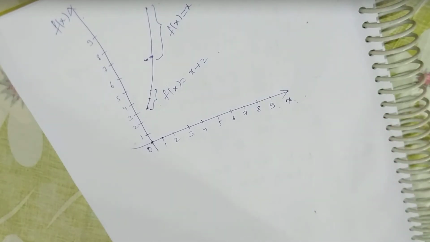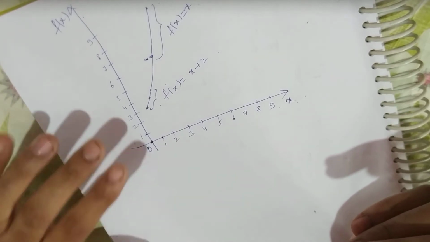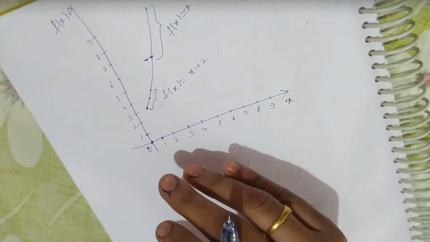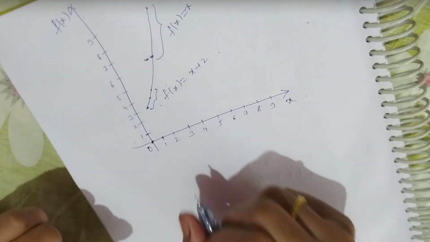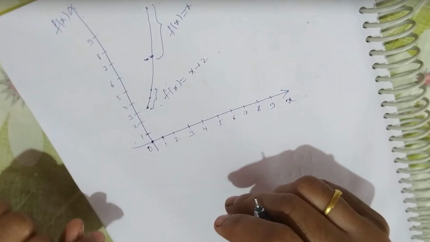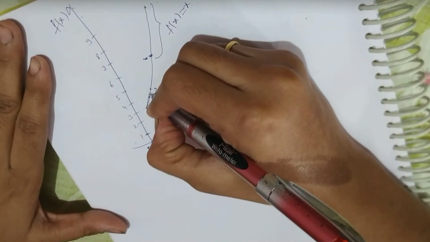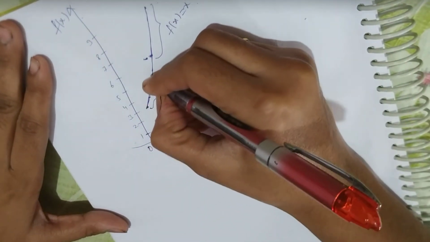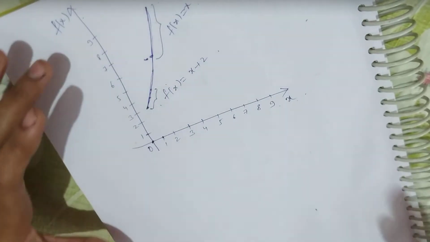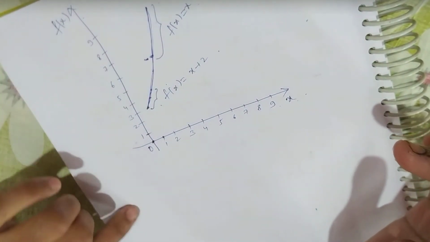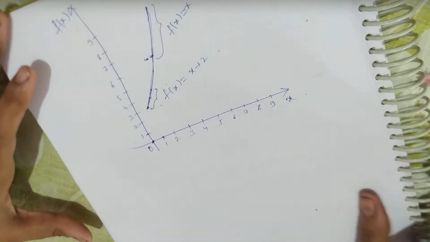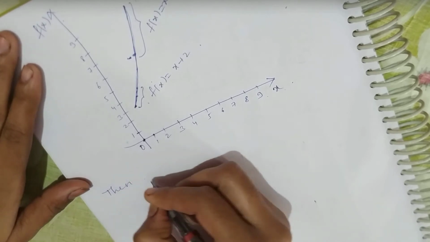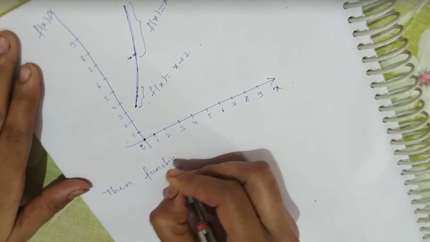Now, I discuss the continuity of the function, whether this function is continuous or not. I told you if the graph is drawn without a gap or a breakdown, then the function is called continuous. In this graph, we have seen there is no jump, hole, breakdown or gap. Therefore, this graph is a continuous function. This graph is continuous for the function f of x equal to x plus 2 and x square. Then this function is called a continuous function.